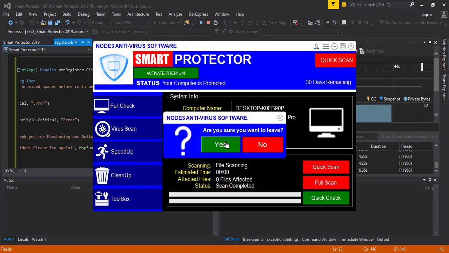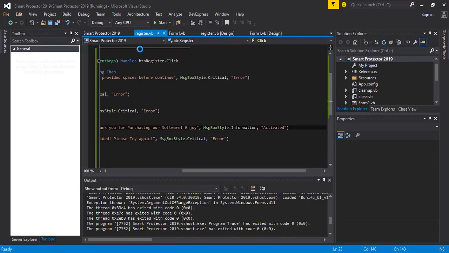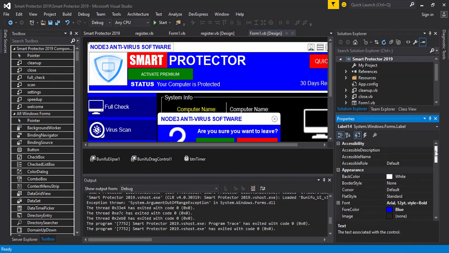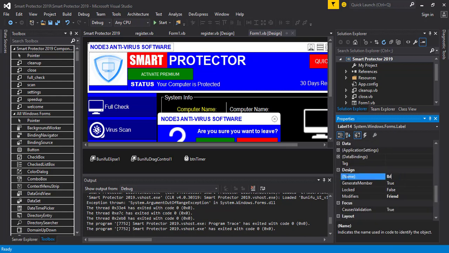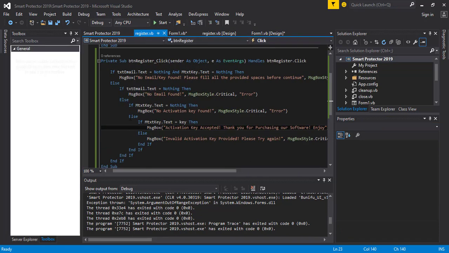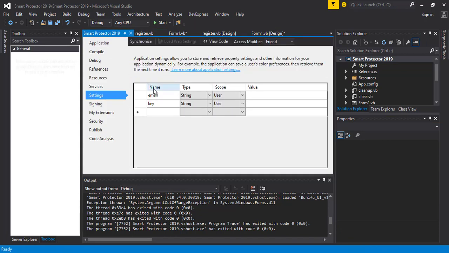Good. So what we're going to do is, with Form1 we have this, that is label 14. Let's give the name, so let's call this label lblHeading, right? And this heading is going to play a role, right? Good. So with this registration, you quite remember that we added these email and key,